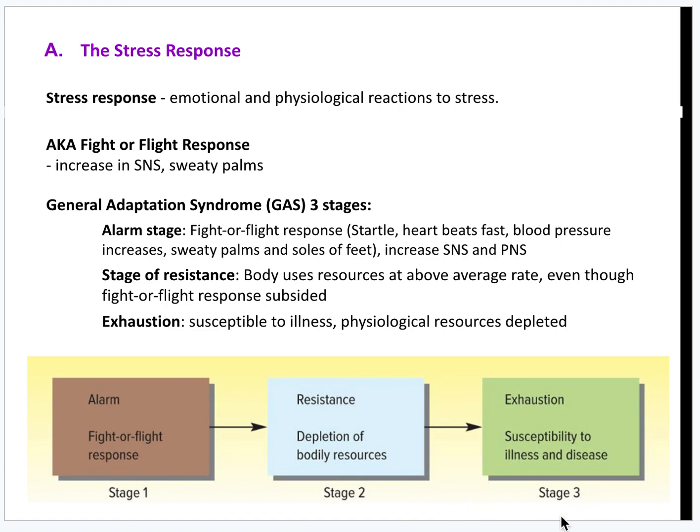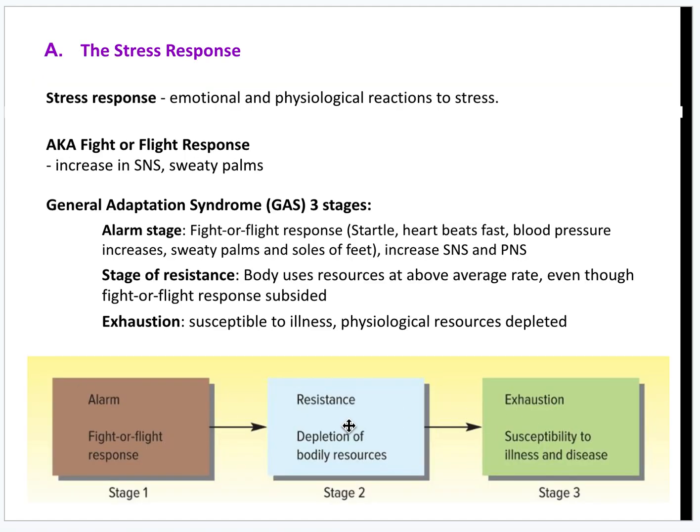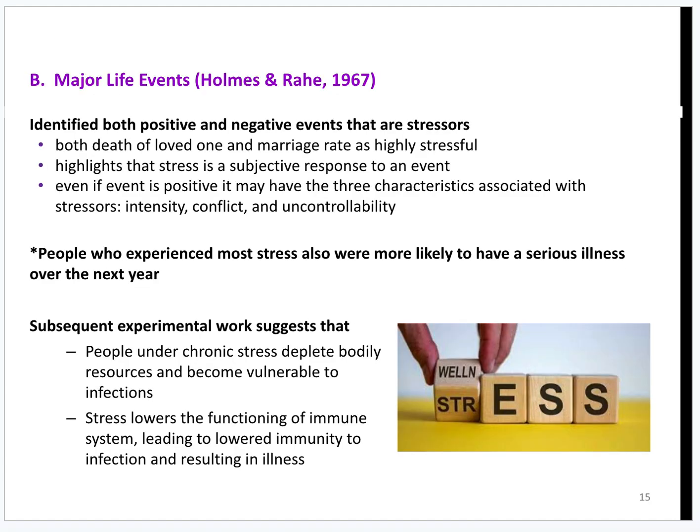And then finally, once that goes on for a while, you've got exhaustion. So you've depleted all these resources, and now you are left physiologically depleted, and you are susceptible to illness and disease. And we're going to come back to that. So the 2 types of stresses that we're going to look at, which have a consequence leading to being physiologically vulnerable and mentally vulnerable, are the major life events and daily hassles. So the major life events,